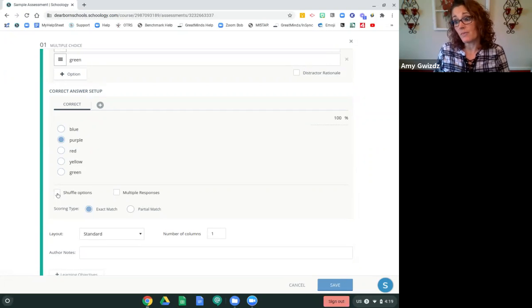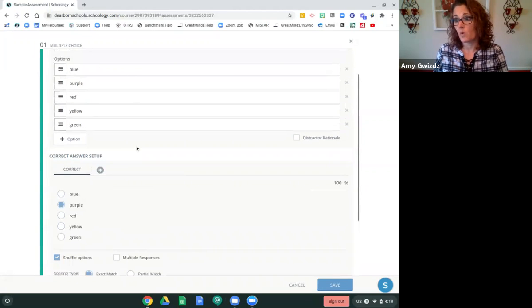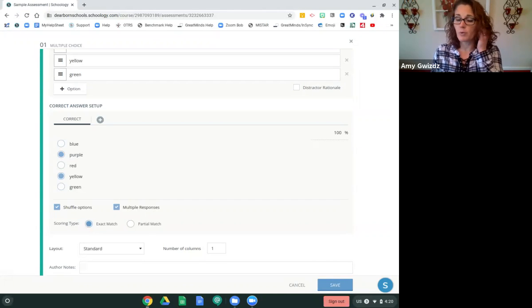I can choose to shuffle my options here, and then Schoology will automatically shuffle them for the students. And then I can also select this box for multiple responses. So if you select multiple responses, then you would choose the multiple answers that are correct for it. Your scoring type is here, they have to have the exact match. So they have to choose both purple and yellow to get full credit. If you select partial match, then if they select one, they get a partial credit for the